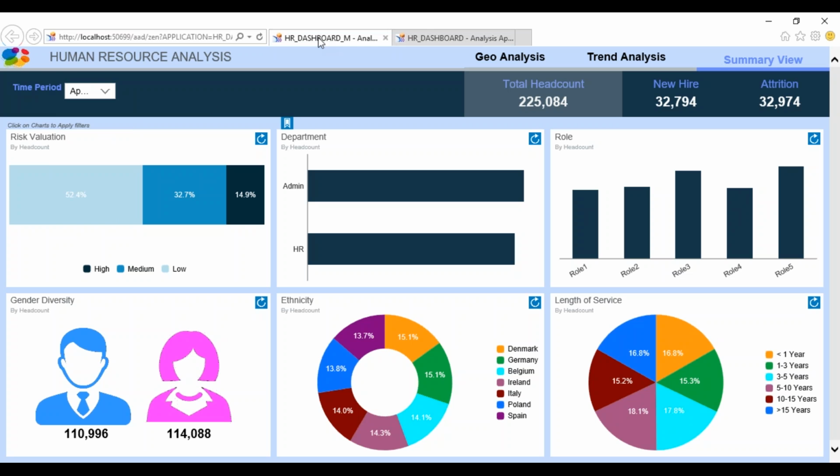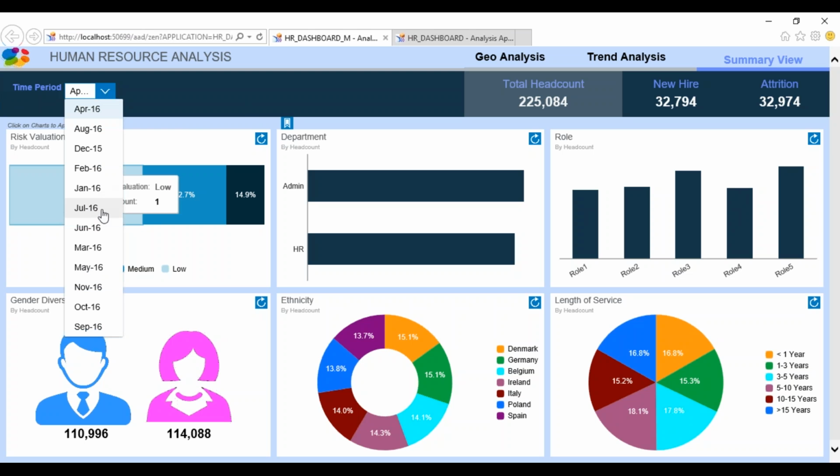While working with iPad, M devices, mobile devices, it will still work fine on desktop, but the look and feel is different. It's specific for iPad. So if you are creating a dashboard which is applicable for both desktop and iPad, you use the M mode, because here it is looking good, and on the iPad devices the way you access the dashboard is also good. It's easy for the end user.